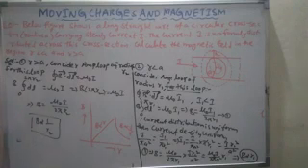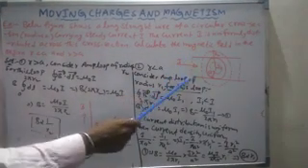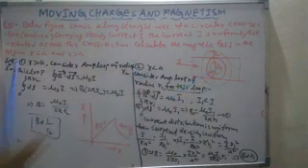Wire area of cross section. As the area of cross section of the wire increases, the current flowing through the wire increases. As the area of cross section decreases, the current flowing through the wire decreases. Current density means what? Current by area is called current density. Then the current density is also uniform. Across this area of cross section, how much current density is there? The small ampere loop also has the same current density.